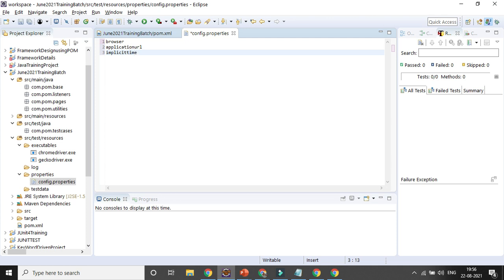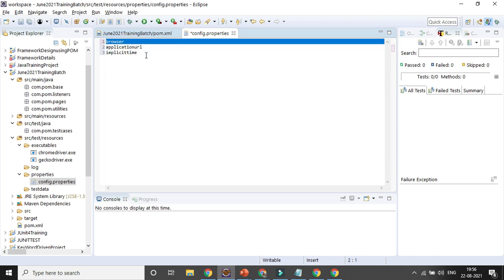In a real time project you need to give some implicit timeout. Whatever thing you want to give in the config file, you can give it, apart from your browser, apart from your element locator.